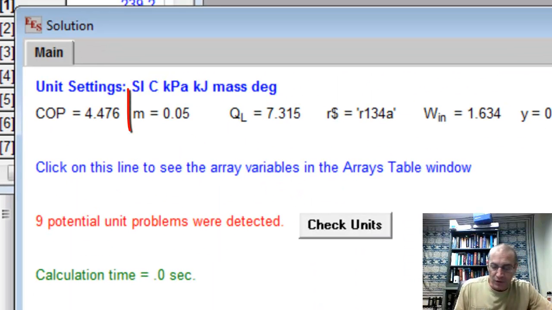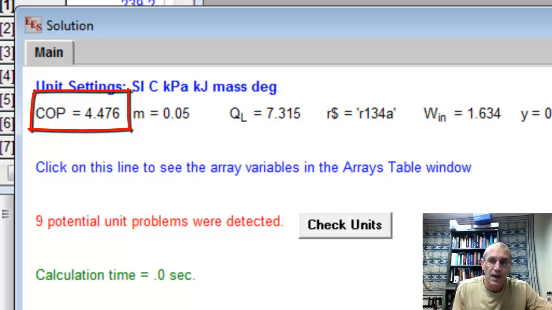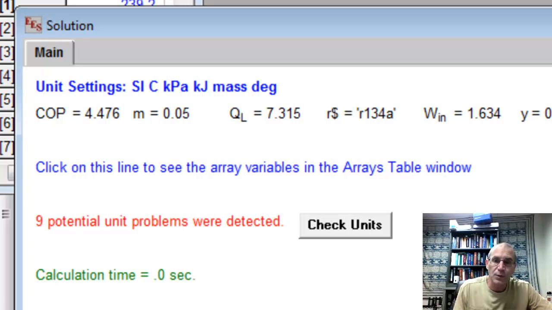So now if I come over and look at my coefficient of performance, I see it's 4.476, which is essentially about the same as the cascade refrigeration cycle. So, and that's pretty typical. You'll find cascade refrigeration and multi-stage refrigeration have similar coefficients of performance, which means the same QL for a given